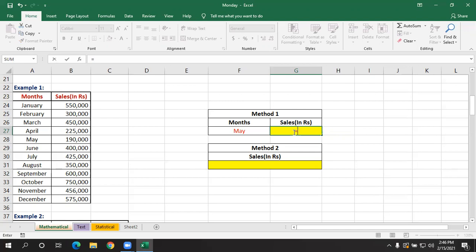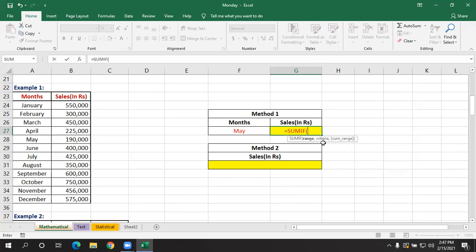If there is a condition, and it is only one condition, use SUMIF. Equals SUMIF. Now what is the criteria? First you should know the criteria, then you have to select the range. In this we have 3 arguments, which start with range. First I need to select the range, then give the criteria, and then the sum range.